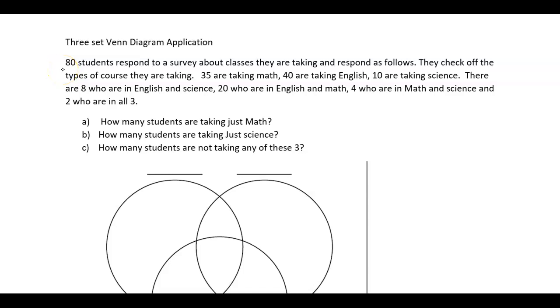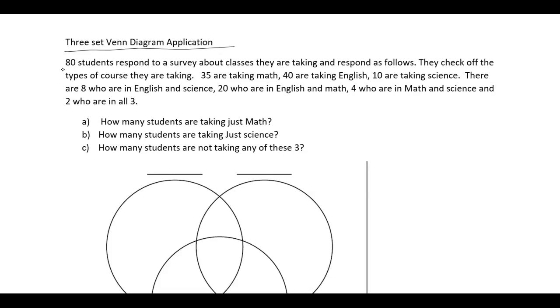Hello, and welcome to this lesson in discrete structures, or maybe quantitative reasoning is the class you're in if you're watching this. I'm going to do an application problem with three sets using a Venn diagram. This is probably one of the harder things students find in the sets and Venn diagram topics. So this is kind of a classic problem, and the trick is in how you read the problem and knowing